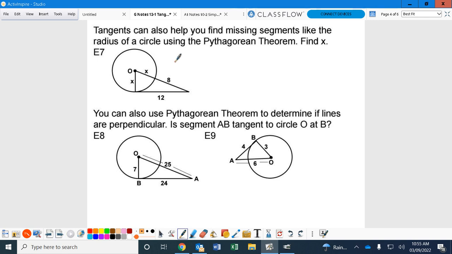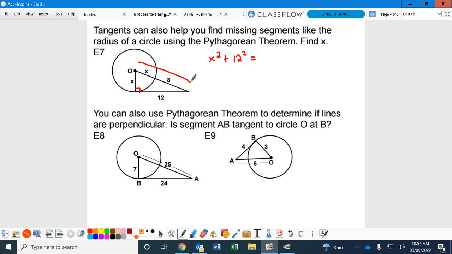Don't panic. Anytime you have a right angle, if you know this is a tangent, you can put the right angle symbol there, or if you're trying to prove that it's tangent, you're going to treat it like there's a right angle there. And you're going to use Pythagorean theorem. That's a squared plus b squared equals c squared. In this case, the x would represent your a, so x squared. The 12 would represent your b, so it'd be 12 squared equals,